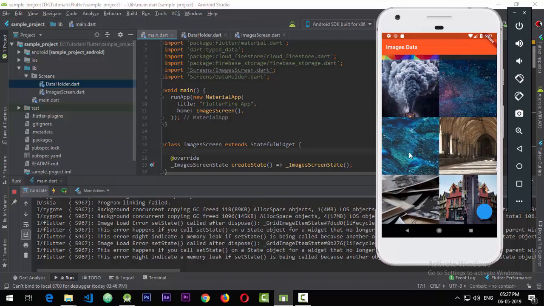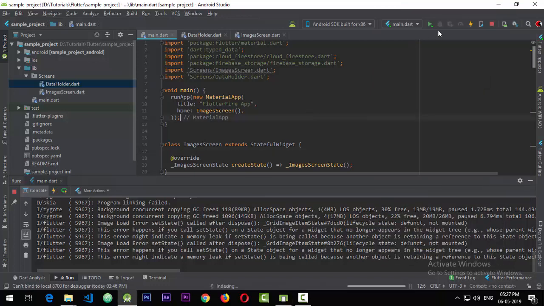We'll be saving the images inside of Firebase Storage, so you'll need to know how to integrate Firebase into your Flutter project. If you don't know how to do that, you can check out my previous tutorial that covers all the concepts clearly. I'll just link that in the description, and you can see when I run this app again